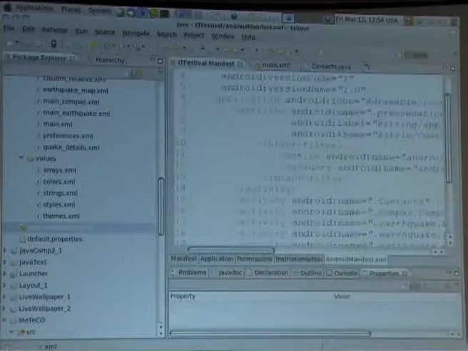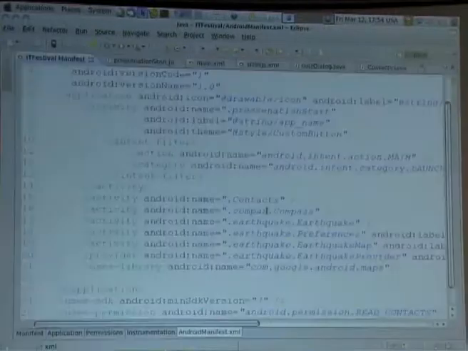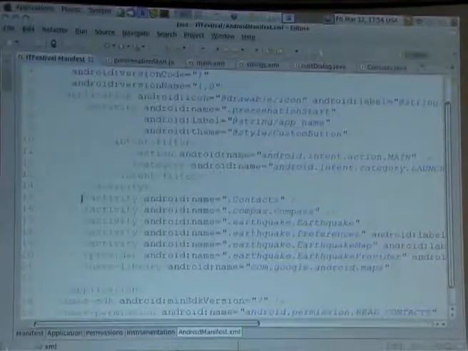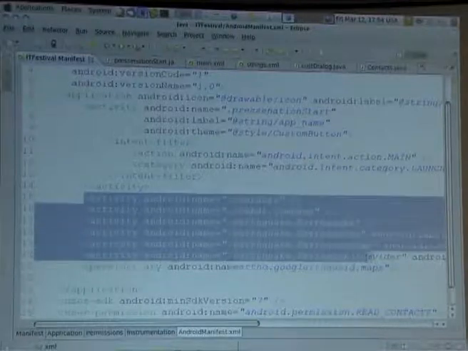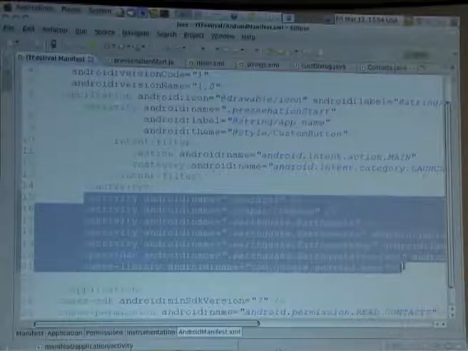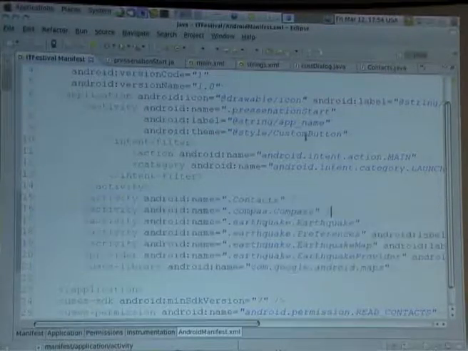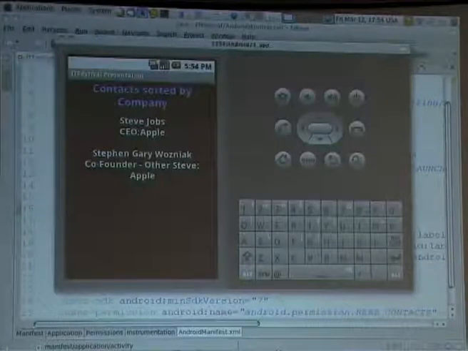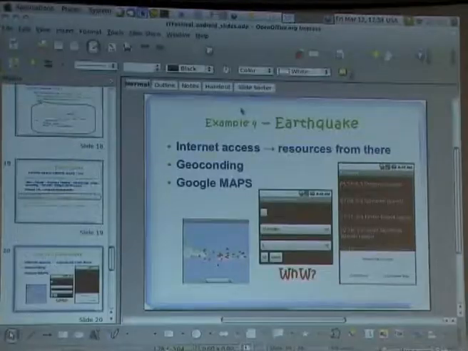Here is the manifest file, and here are the activities used by our demo. Well, so if I do so, this activity offers me this view, these possibilities.